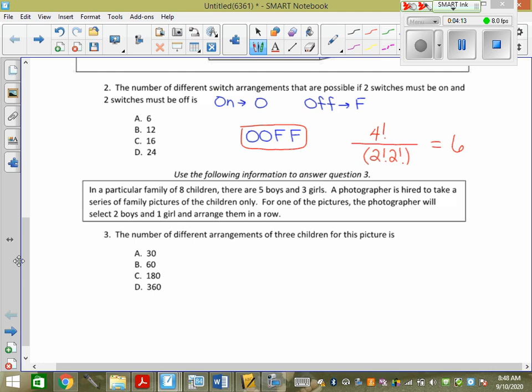Has anyone been in a big family? Does your parent ever take a picture of just randomly 3 of the 8 children? Like, are these just the top 3? I'd be like, I'm the favorite. I made it on this one picture with 3 children of the 8. Like, who does that? This is a stretch. Really? You know what? I'm going to pick 2 boys and 1 girl out of you. Let's see how many ways I can arrange you. Randomly. The question works.